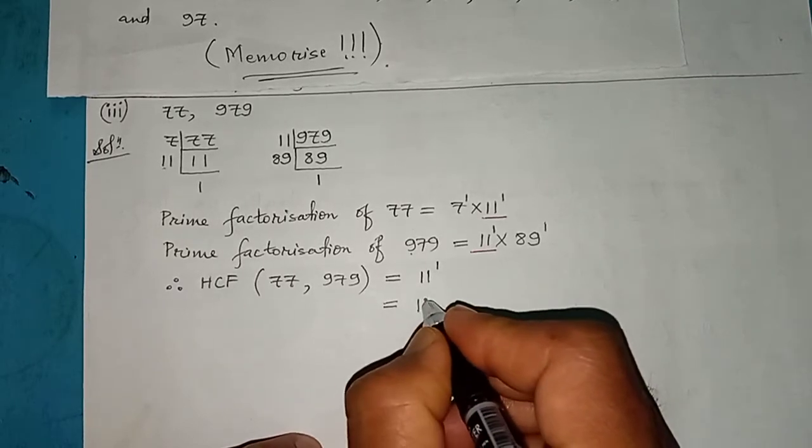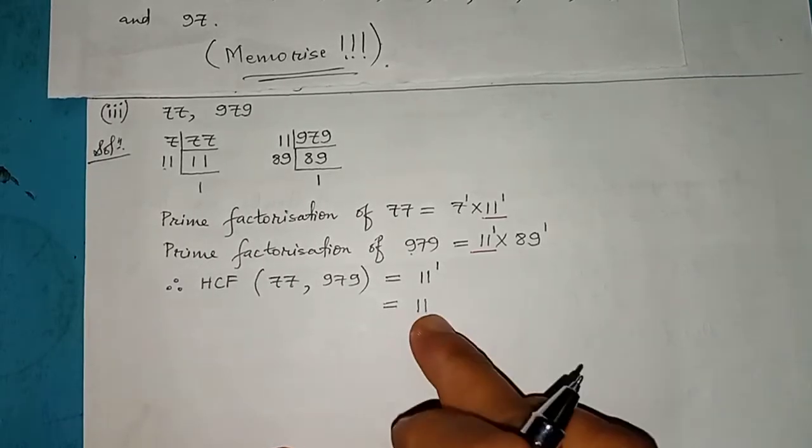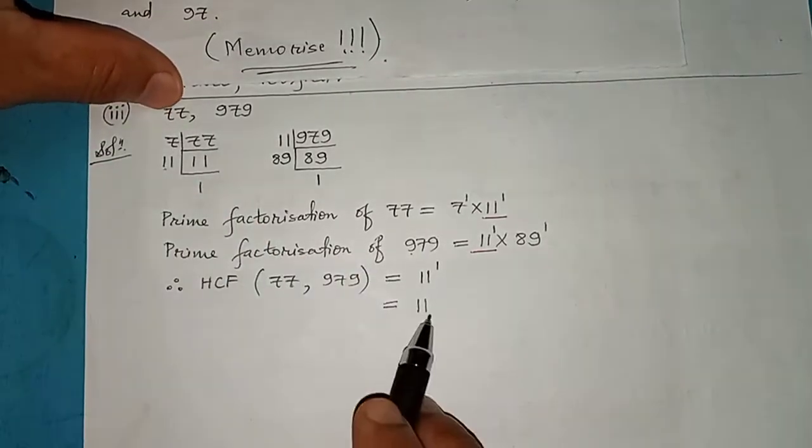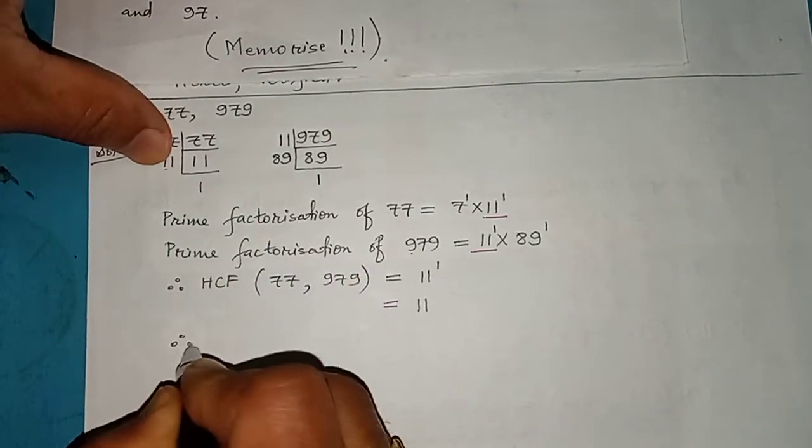So 11 power 1 means 11 one time, which means 11. That means the HCF, the highest common factor of these two given numbers, is 11. So the HCF is finished. Now we'll find